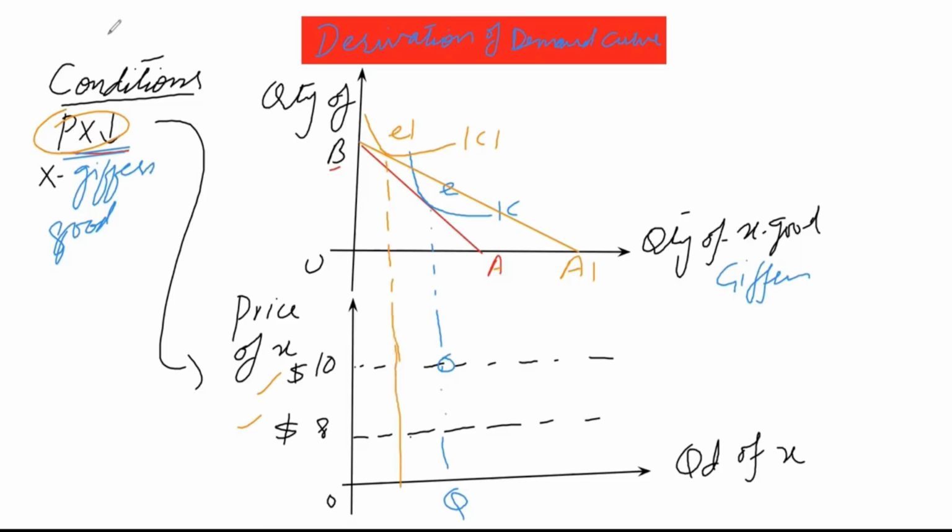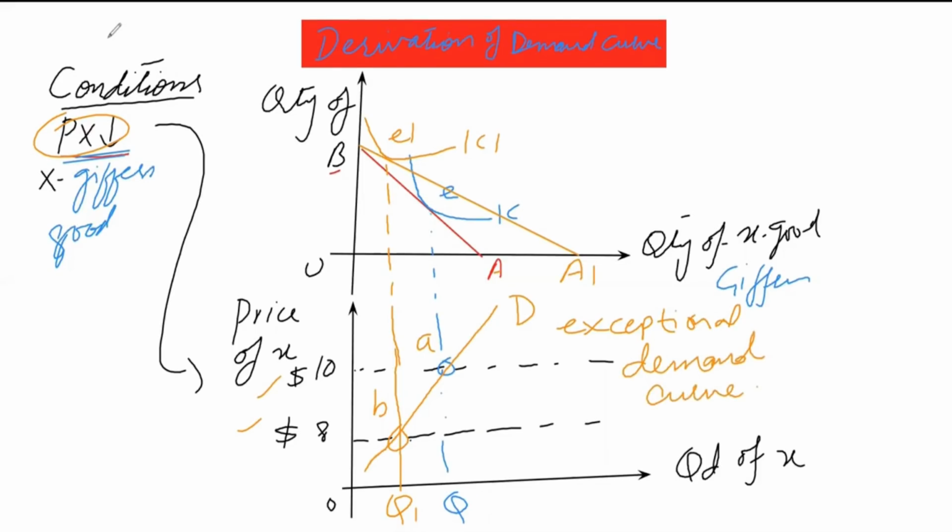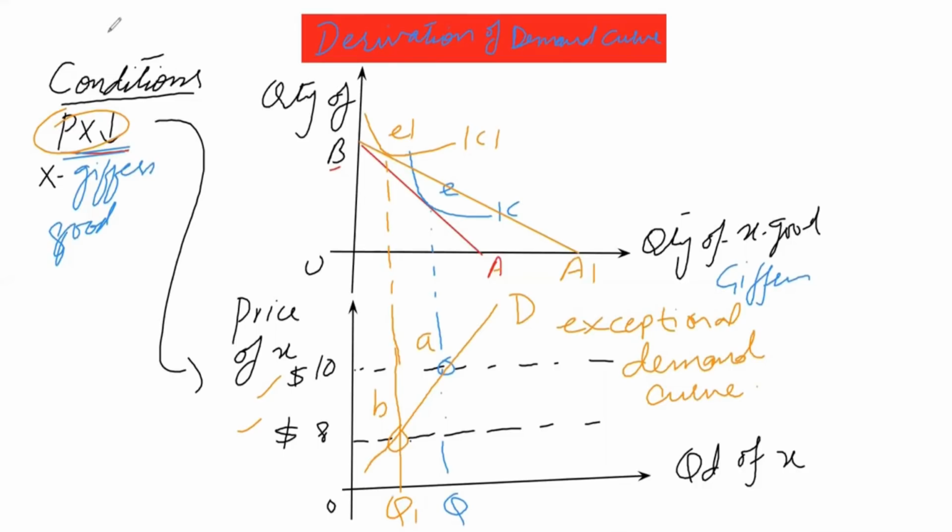So new equilibrium will take place at E1, which shows that now the consumer will purchase a lesser quantity of the given good, which is X good. So the new quantity is Q1, and the initial point was A and the subsequent point is B. If we join these points, we will get a demand curve which is an exceptional demand curve, and it is positively sloped. Again keep in mind, the given good is the good which has an exceptional demand curve, which looks like a supply curve and is positively sloped. When its price falls, the consumer purchases less quantity, because the fall in price increases his purchasing power, and the consumer will not purchase more quantity of the given good or worse quality product when his purchasing power increases.